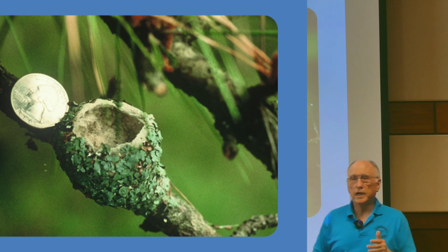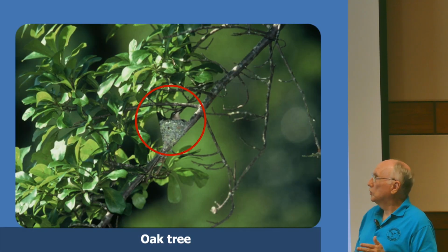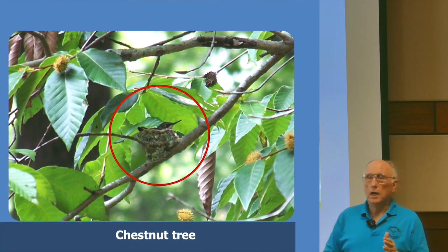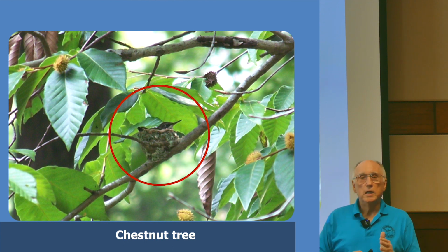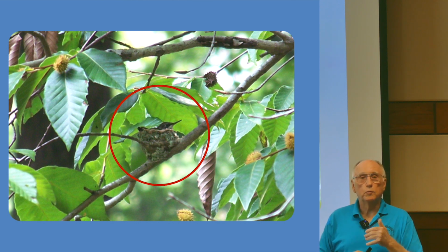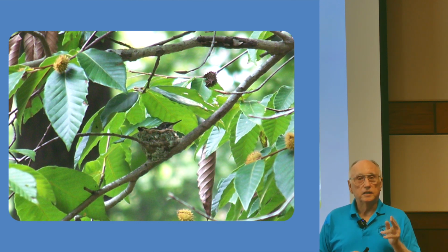Everybody wants to see a nest. So here's one in an oak tree. Here's one in a pine tree. And here's a special one that a lady found in a chestnut tree at her home in Tallahassee, Florida a few years ago. Her bedroom was on the 2nd floor, and she looked out and saw this bird nesting there. And it successfully fledged 2 out of there, and it came back the next year and rehabbed that nest and